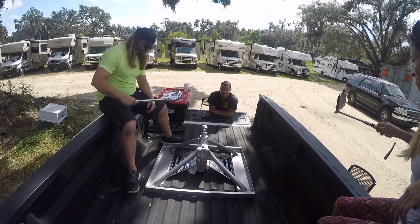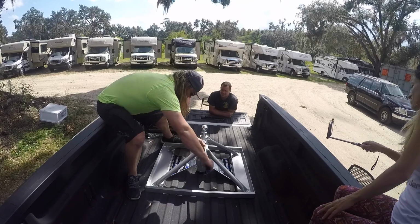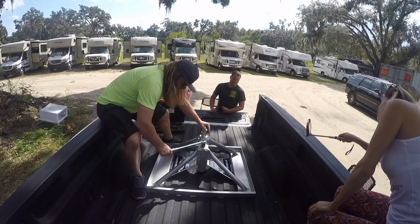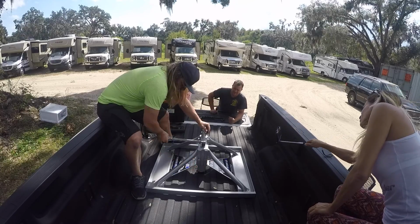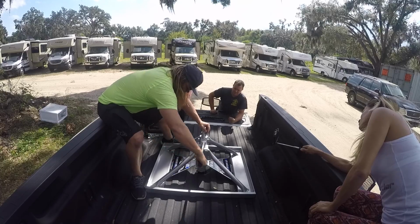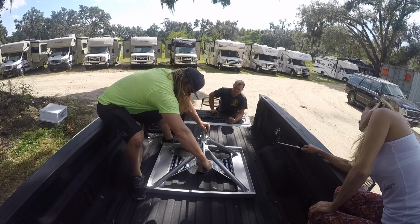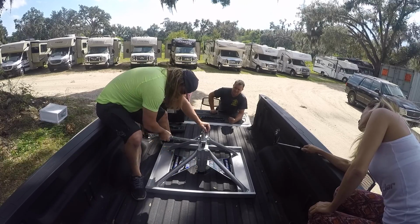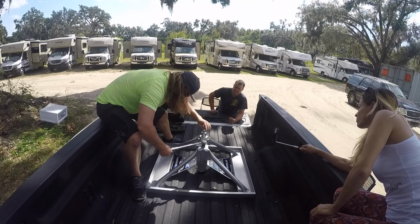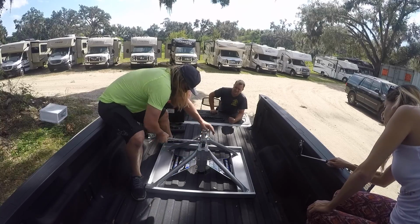Then from there, all you need to do is simply get a torquing ratchet or wrench, and you're going to want to torque it down to 60 psi. They say to do 50 in the directions, but a technician from Andersen said to go ahead and do it to 60. They like it better there. Once it's all tight,